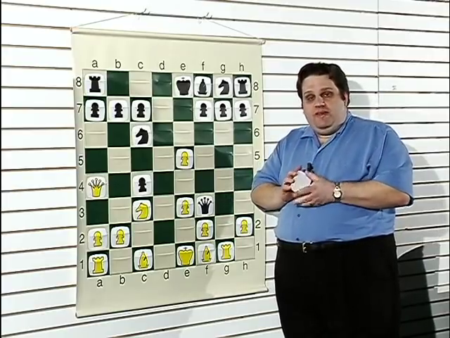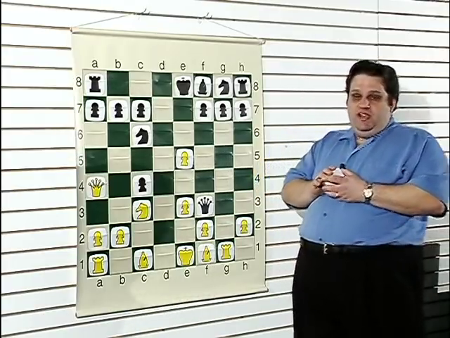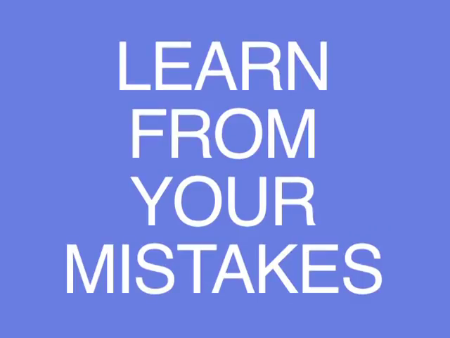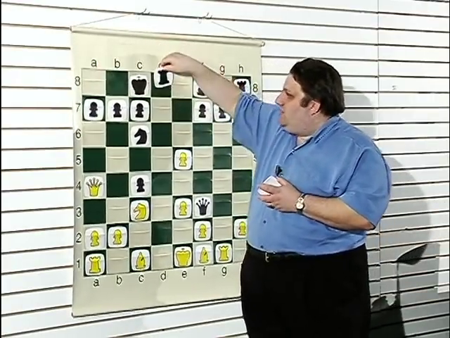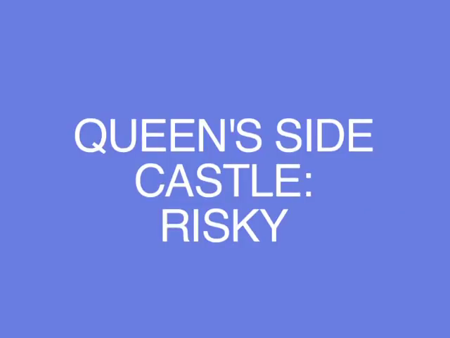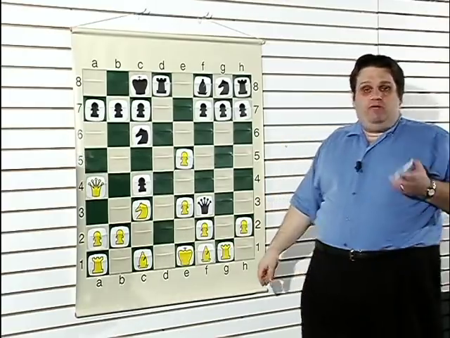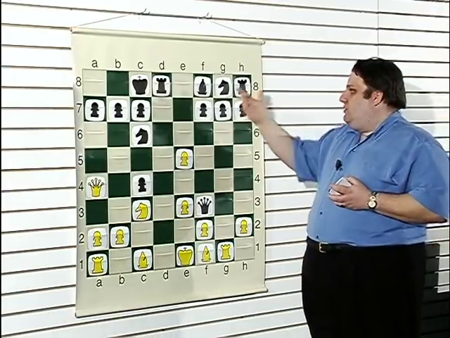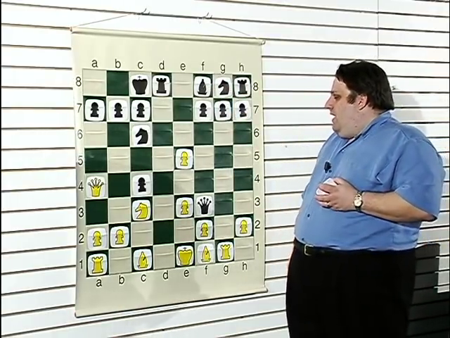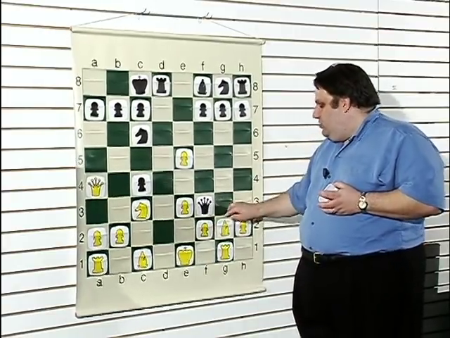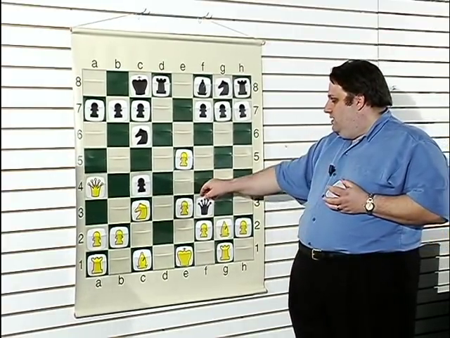Even the best players make mistakes, but we learn from our mistakes, and we try not to do them over and over again. And I castled queenside. Castling queenside is usually riskier than castling kingside, especially when you have the black pieces, especially when you're not fully developed. And in this position, I calculated only the move bishop to g2, attacking my queen, and I was going